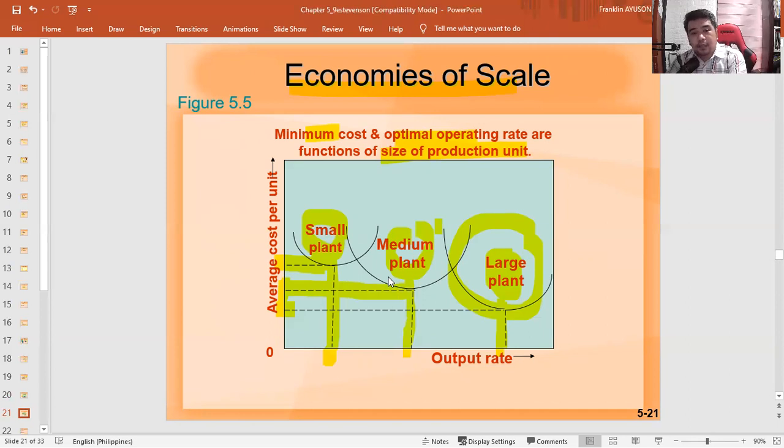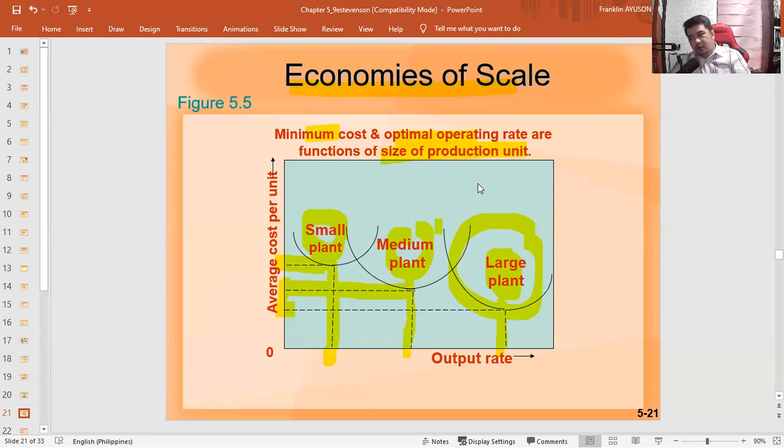Say for example, the product is selling at 20 pesos per unit. Then your average cost is 15. So if you're selling it at 20, you have 5. But if you can lower that average cost to, let's say, 12 or 10, then you basically double your profitability level, with reference to, again, hypothetically, that price in the market.